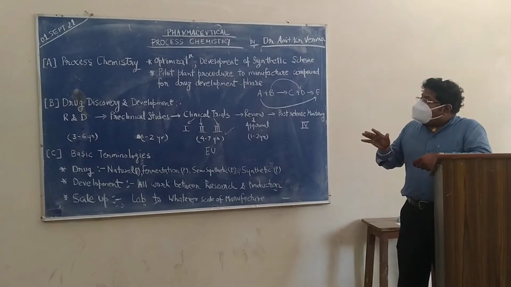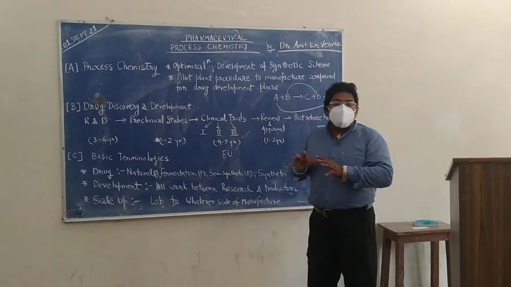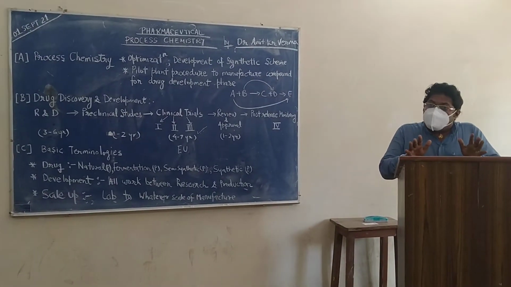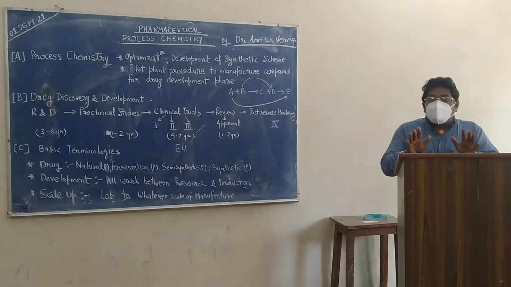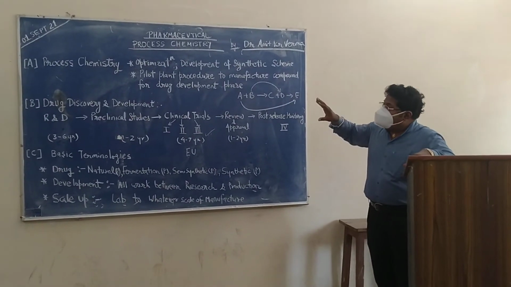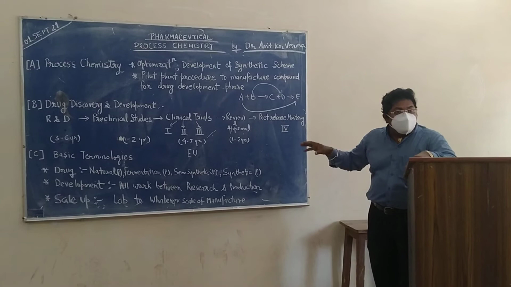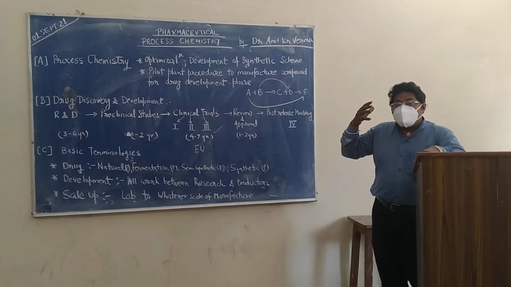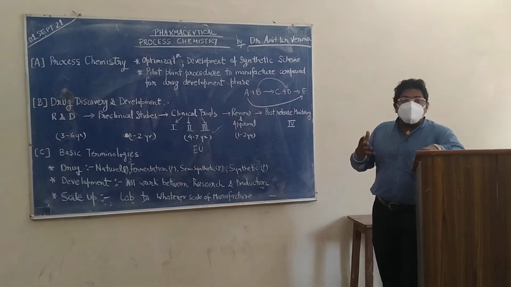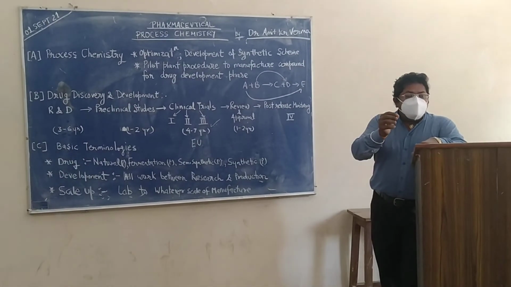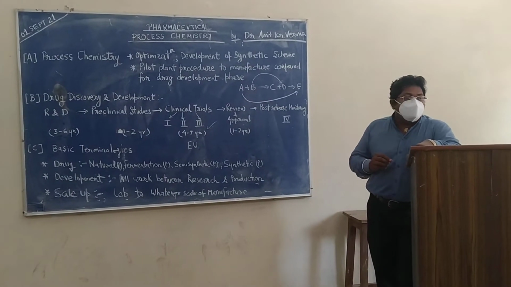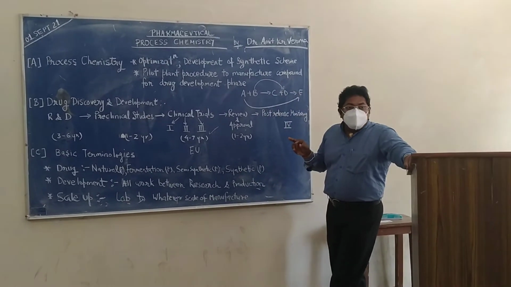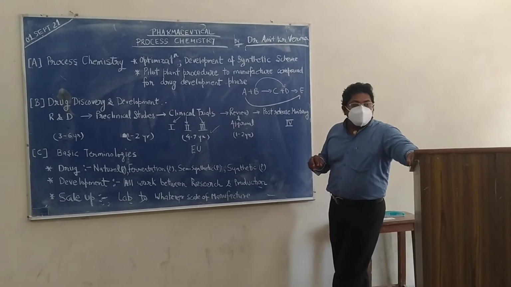Now, who is the person doing all these things? The person is the process chemist. Coming to the role of the process chemist, who understands all these processes and is involved in research and in the preparation of various small pharmaceuticals, what is he doing? We will take a very small example. Suppose there is a reaction: A plus B gives C, and C plus D gives E.